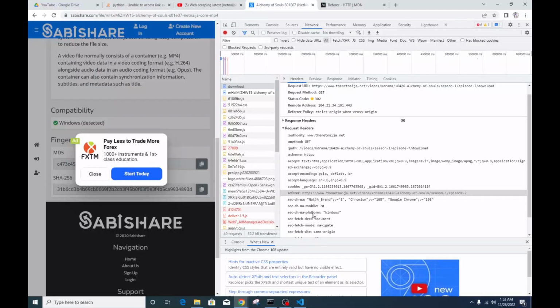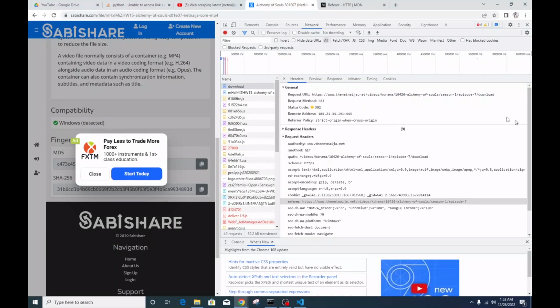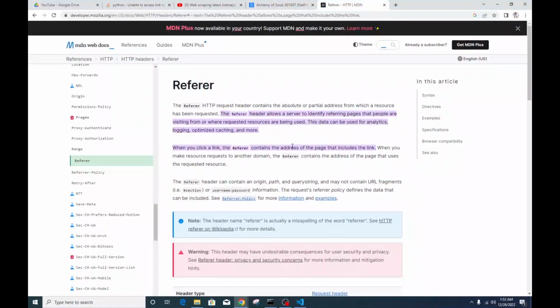Okay, so now that we've been able to identify our problem, which is the lack of a referral anytime we copy a link into the URL search box, how do we fix it? But before we start talking about how we can fix the problem, let's take a look at what the referral HTTP header is. If you go to developer.mozilla.org, it defines the referral header as an HTTP